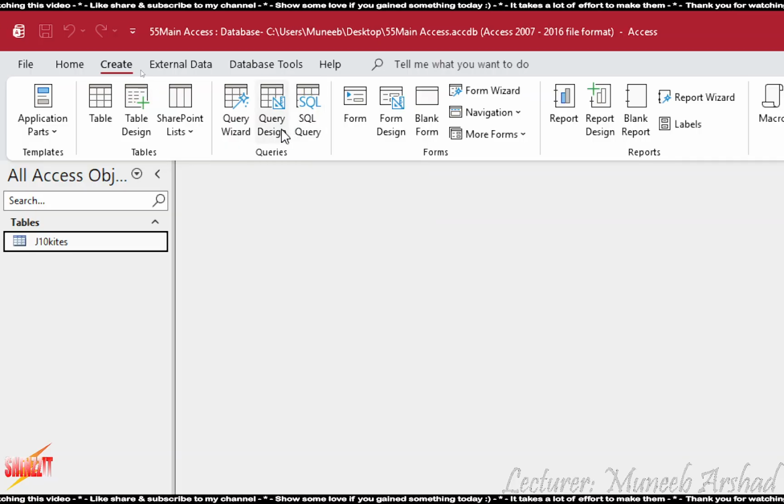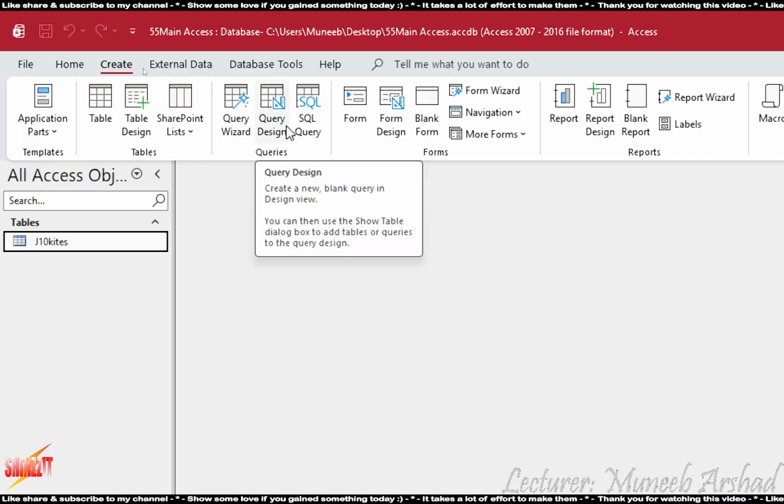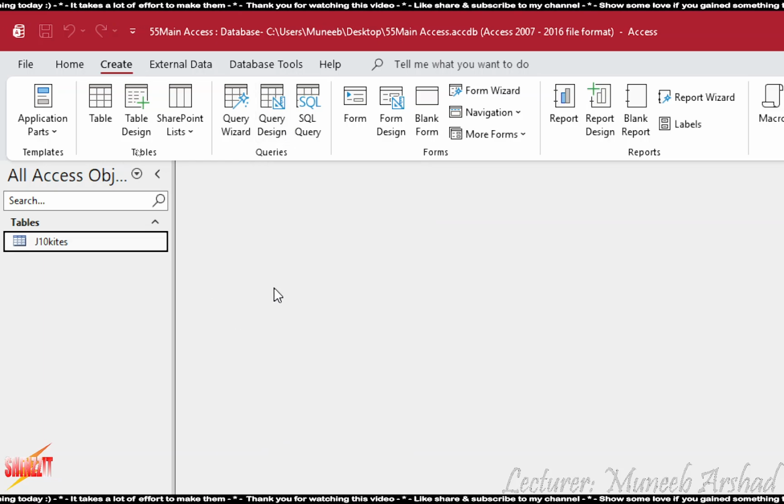Query design, why? Because this is the manual way of building the query. You have more control, you can set more options. Okay? So even when I was teaching O levels, I never used to teach the students the query wizard method. Okay? It is a little optimized, guided, pretty easy, but lesser options, lesser control over the data, handling of data. So step number 1, in order to build the report, you will come down to create and